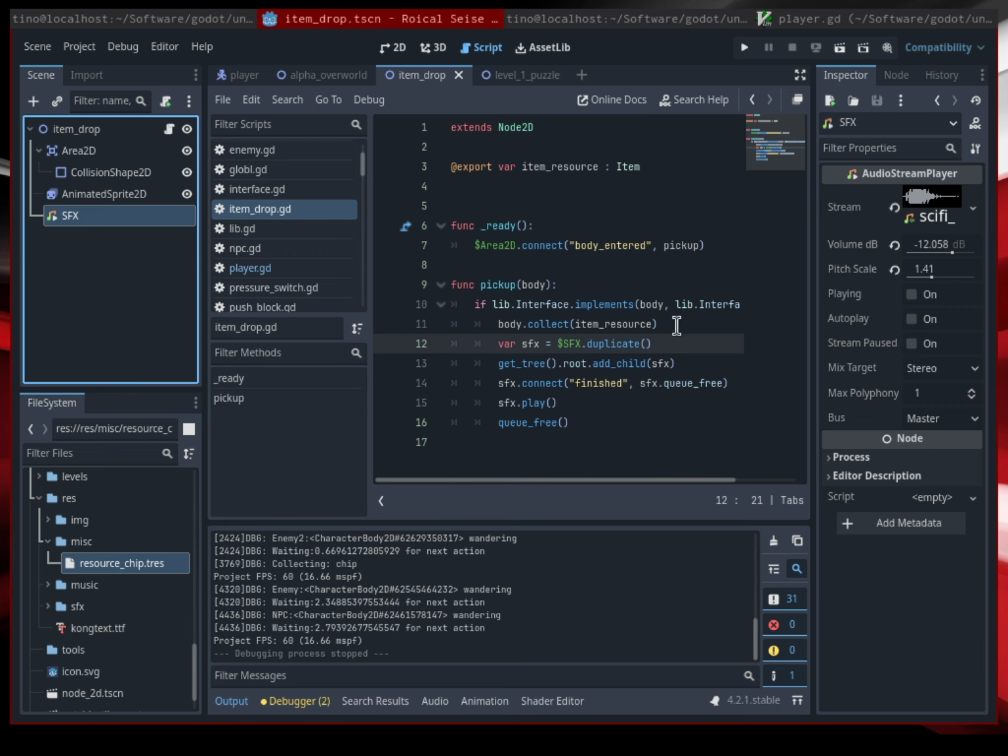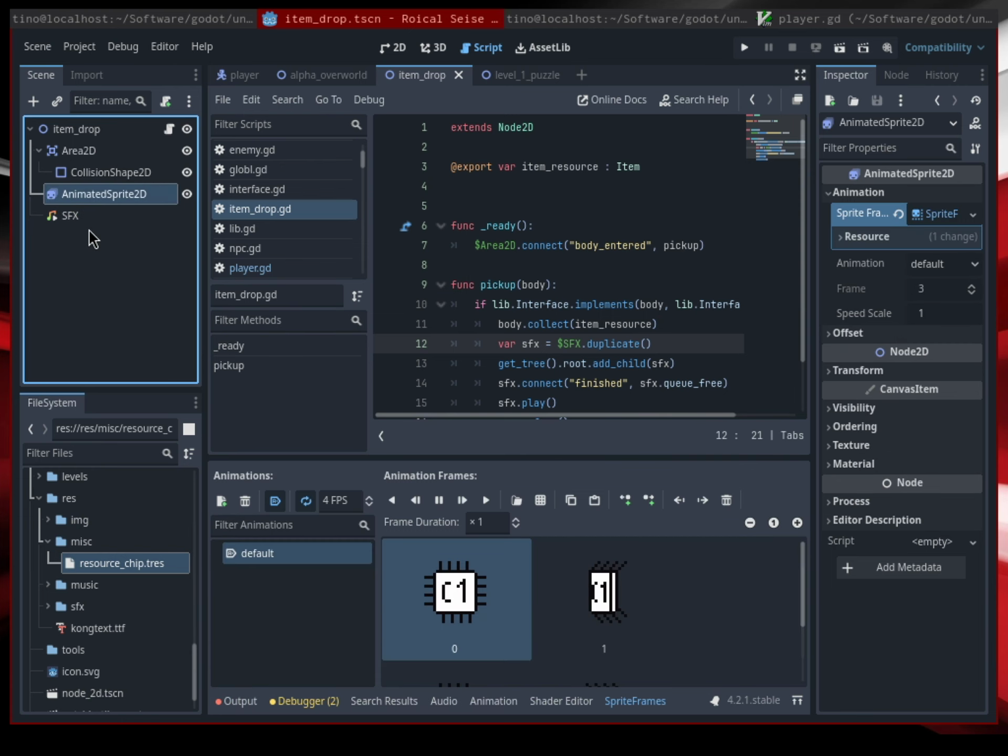You could also add it to an auto load and have a junk node where we just upload or duplicate stuff like this. I could have created a new node, but why if I can just do this? And now